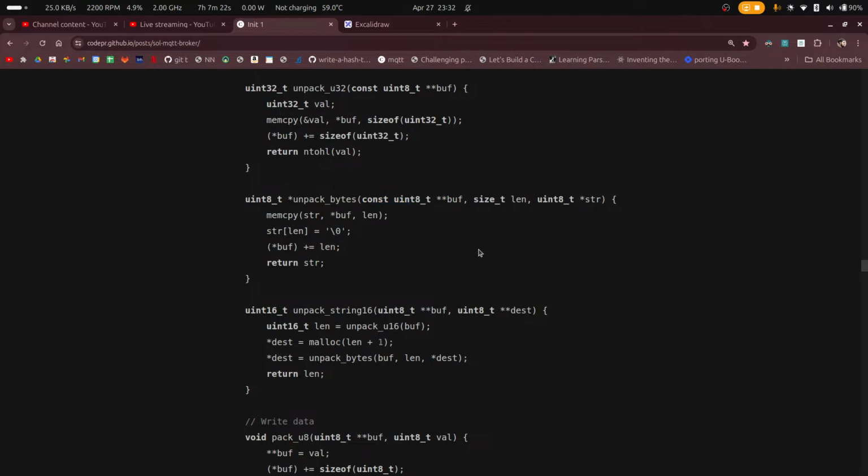It's a constant data, not a constant pointer. And this one I can change, data as well as pointer. So this essentially says that this is the destination, this is the source, this is the length. Unpack bytes. So I'm copying this many bytes from this location into this location. Then I say in the end,